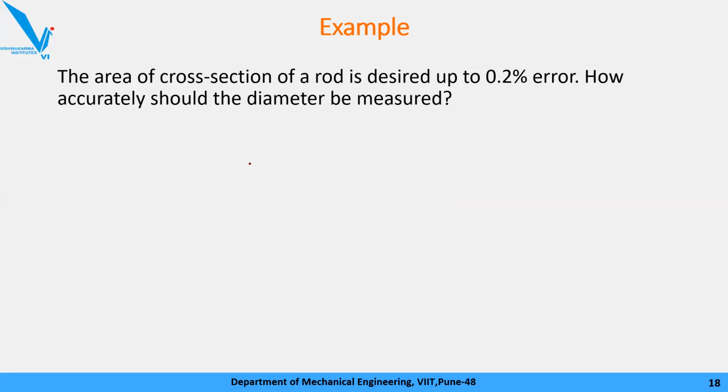So for example, as a design engineer, you got a task to design a shaft. That shaft is going to be fitted in some kind of assembly. That assembly only allows you to have a tolerance of 0.2%. That means the cross section area of our rod or shaft can have maximum 0.2% of error. Now either you will be designing that shaft, or you might be measuring that shaft, or you might be